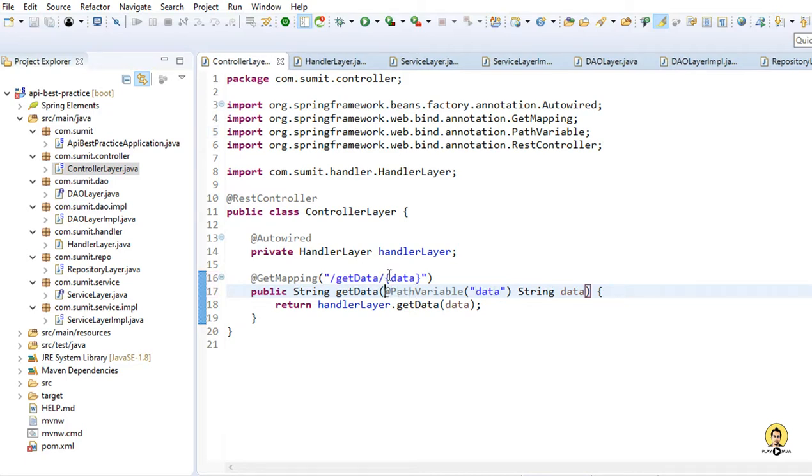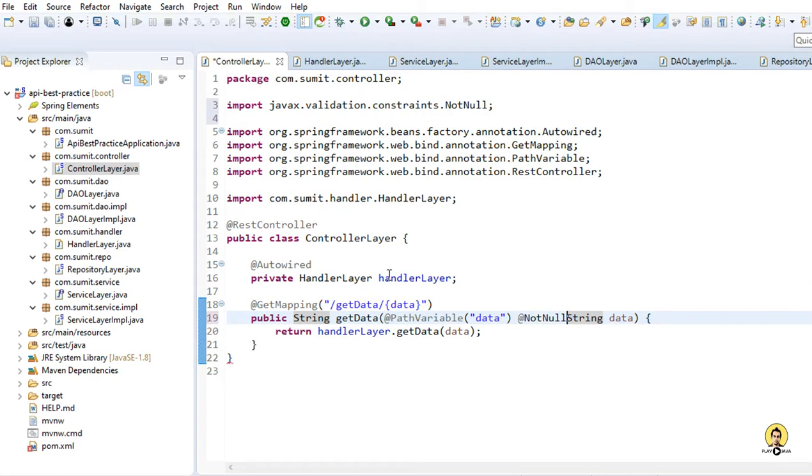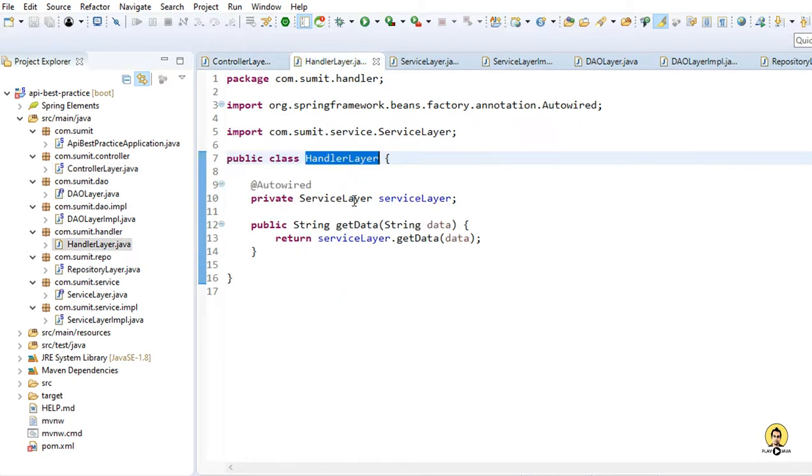So this path variable is being passed from the URL, and this is being mapped to this string. And here I am also applying the @NotNull check for the validation of not-null data. And here all things can be done like this only. We can't directly validate using Java code like equals this or something like that.